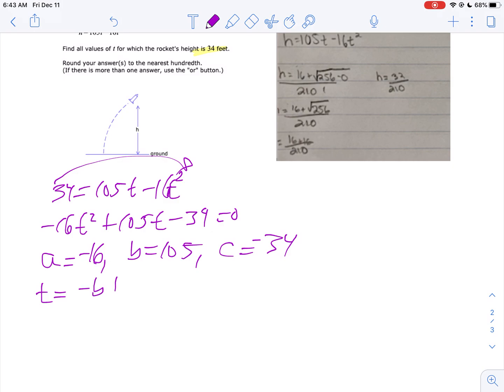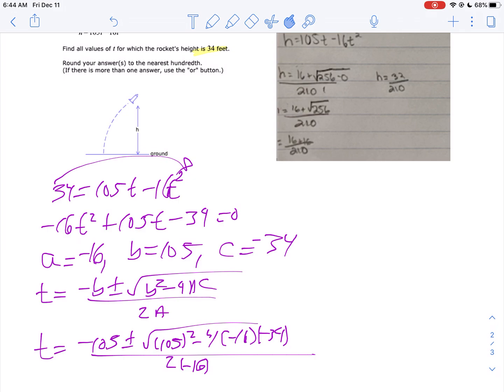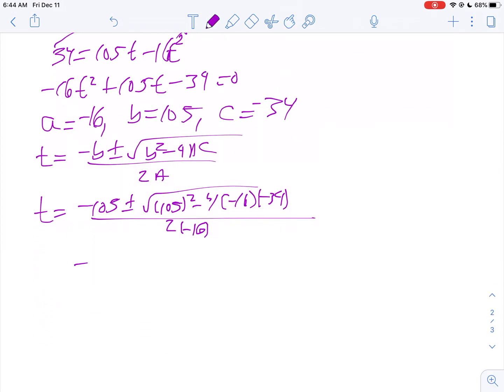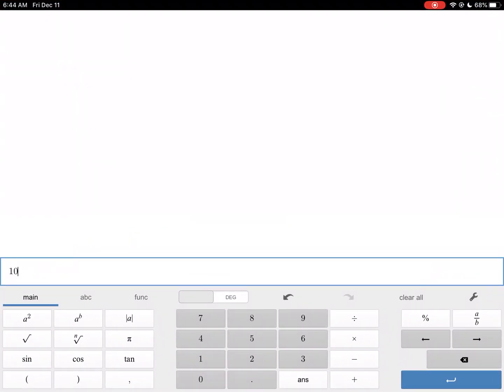T equals negative b plus or minus the square root of b squared minus 4ac all over 2a. So in this one, it'll be negative 105 plus or minus the square root of 105 squared minus 4 times negative 16 times negative 34 all over 2 times negative 16. So now let's just simplify that. So you get negative 105 plus or minus, well, 105 squared. I can't do that in my head. I don't expect you to. So we go 105 squared,